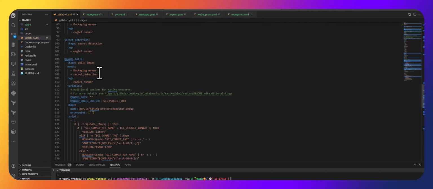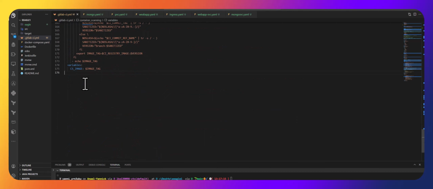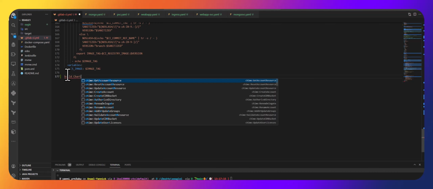So let's go ahead and put those stages, right? Let's call it build chart because we are building our chart, right? Build chart,